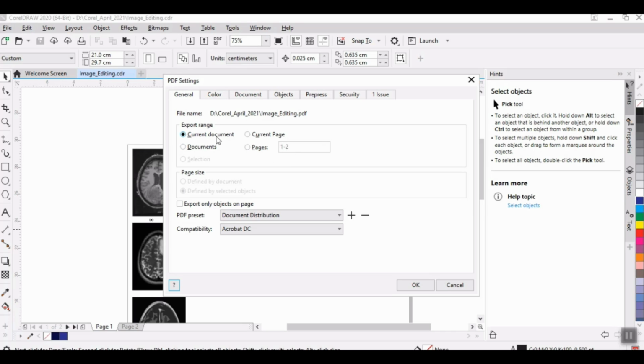So if the current document is checked, the entire document, all the pages, will be converted into the PDF. If I select the current page, only the page that is open here is converted to the PDF. Or the other option is that you can select Pages and write the page numbers that you wish to convert into the PDF.